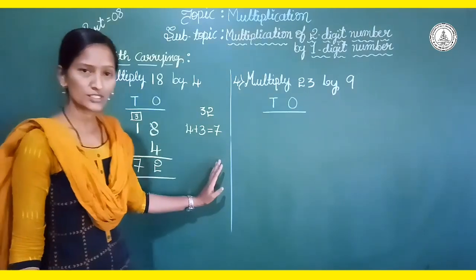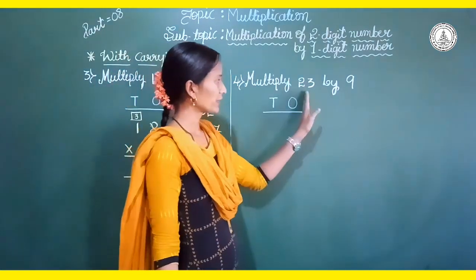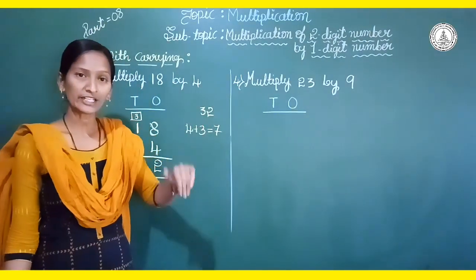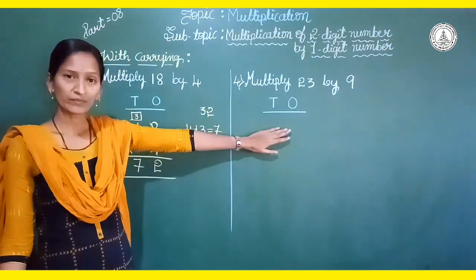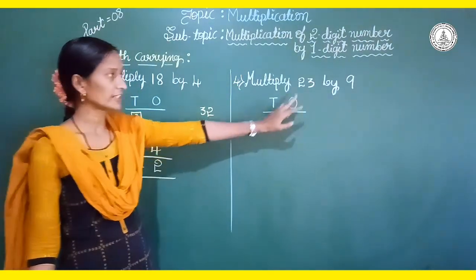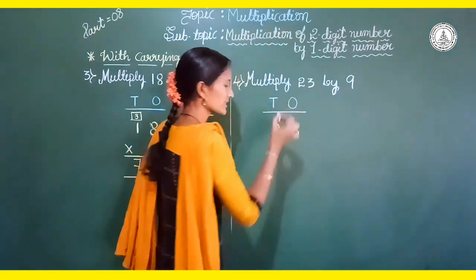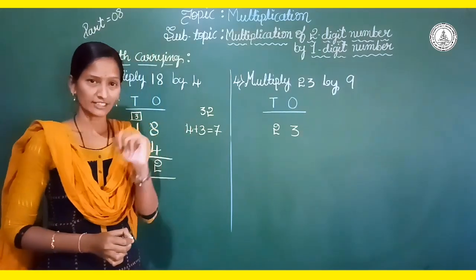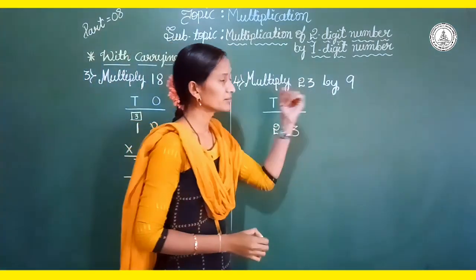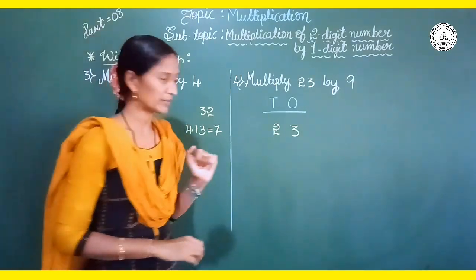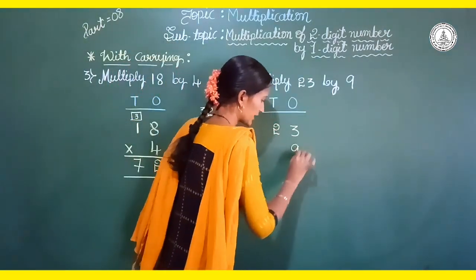So now come to the last problem. Multiply 23 by 9. So which number are you writing at first here? Yes, you have to write down the number 23 at first because it is a multiplicand, right? So now come to the multiplier. Which is the multiplier here? So 9 is the multiplier. So I am writing 9 here,